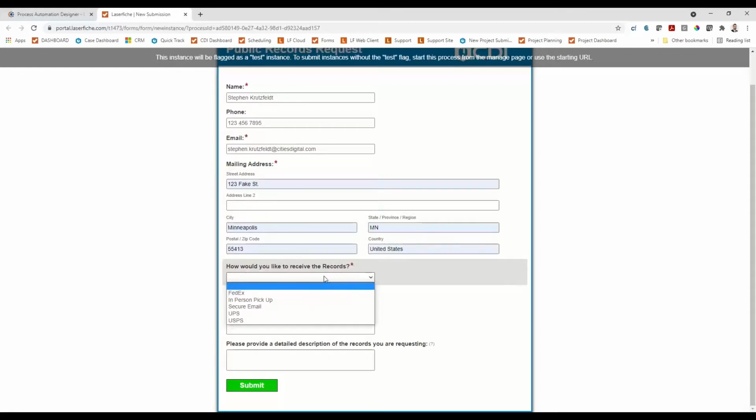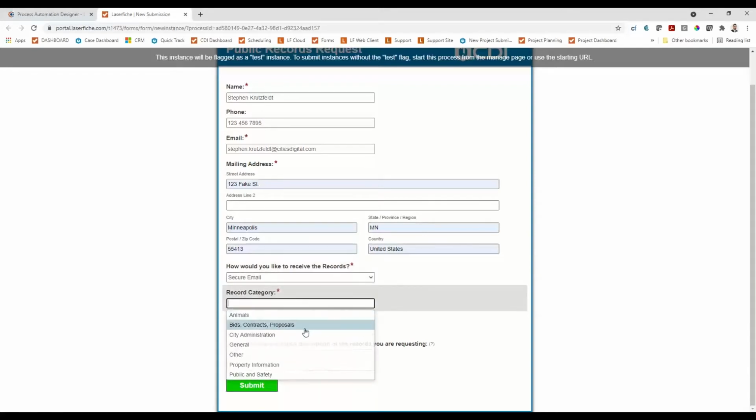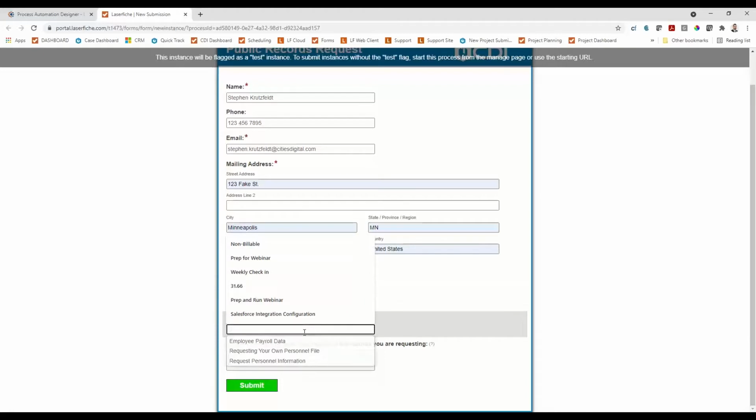How do you want to receive your records? Do you want them FedExed, in-person pickup, secure email? Let's go with secure email. We'll show that. I also have a records category. This is actually pulling from an external table, but this could just be a regular drop-down list. I will say city administration,